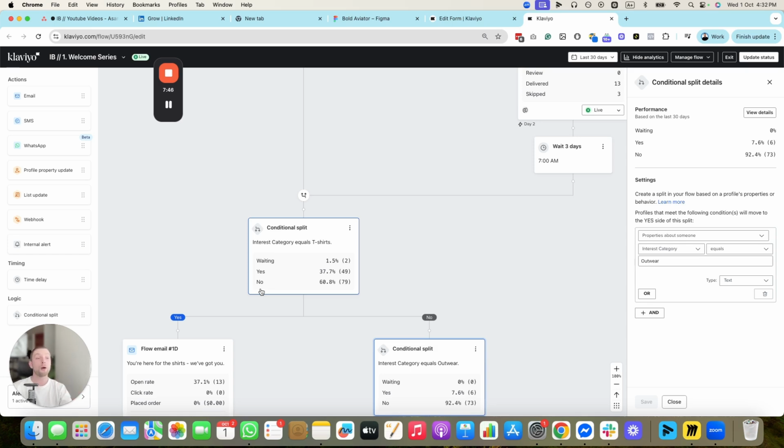This works really well if you have a lot of traffic. This account here is more for illustrative purposes, but if you have a lot of traffic, these small adjustments where you start making little cool things from a personalization perspective do pay off in the long run, especially if you extrapolate it over a year, 2 years. And really, if you build flows in the right way, you only have to build them once, and they should last you for about 3 years into the future. At least that's how we try and build the flows